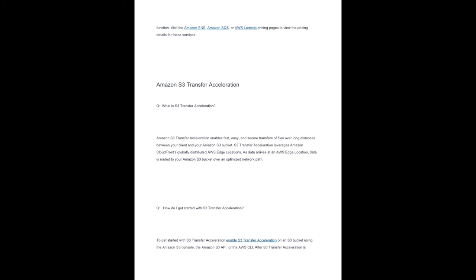Q. How do I get started with S3 Transfer Acceleration? To get started with S3 Transfer Acceleration, enable S3 Transfer Acceleration on an S3 bucket using the Amazon S3 console, the Amazon S3 API, or the AWS CLI. After S3 Transfer Acceleration is enabled, you can point your Amazon S3 put and get requests to the S3 Accelerate endpoint domain name. Your data transfer application must use one of the following two types of endpoints to access the bucket for faster data transfer: